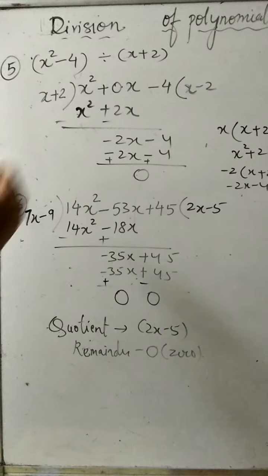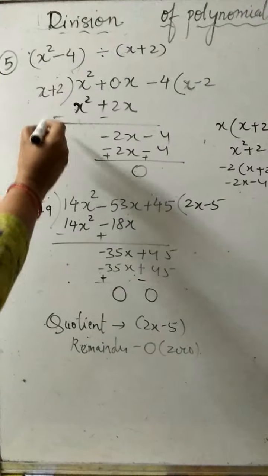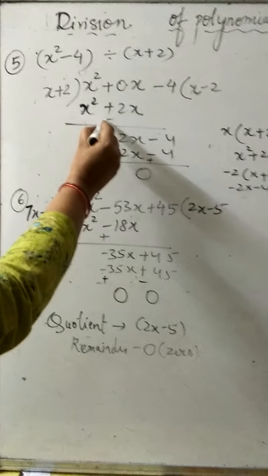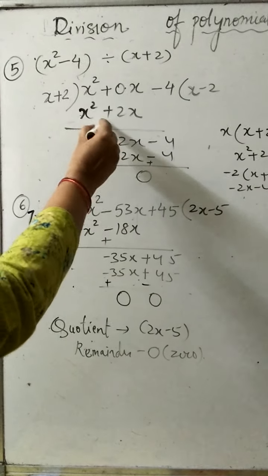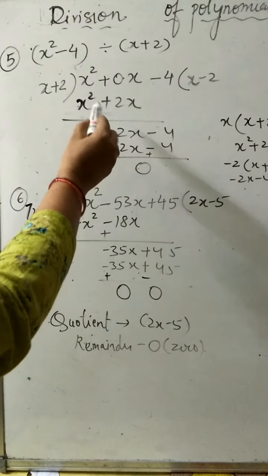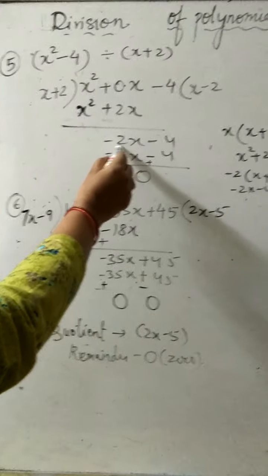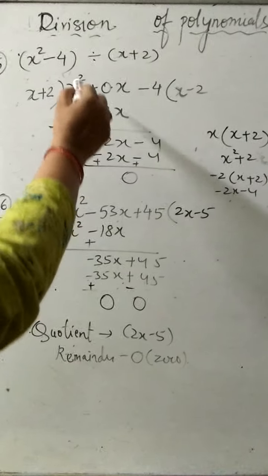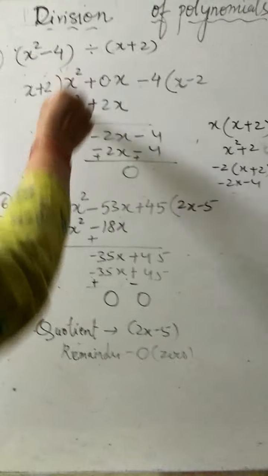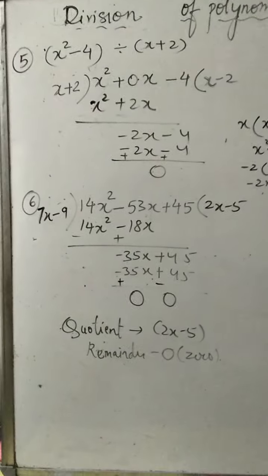Now because we are dividing, we have to change the sign. So here it is minus sign. I have put a minus sign here, and here also the sign will get changed, so here it will become minus. So here is 0x minus 2x, it will give you minus 2x. And here this expression will get cancelled.